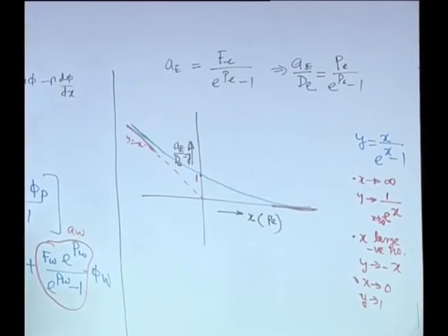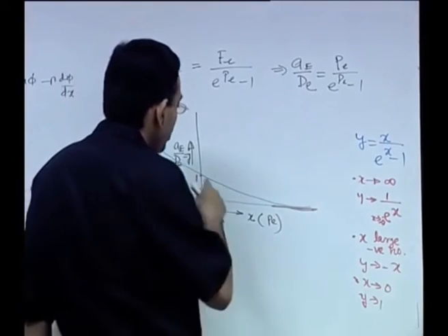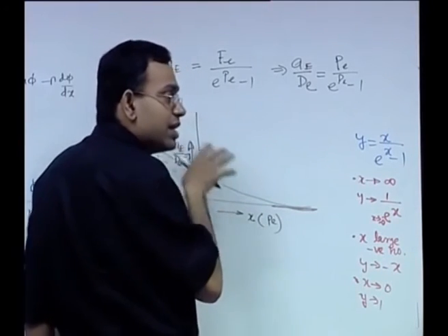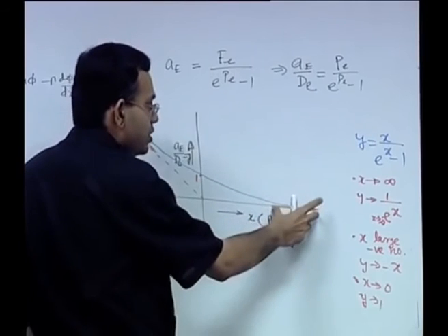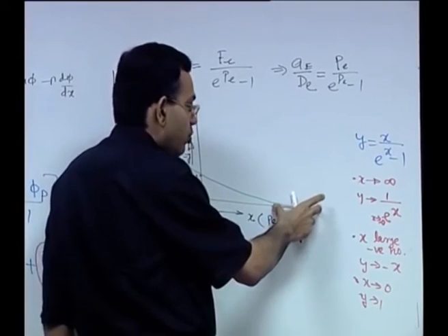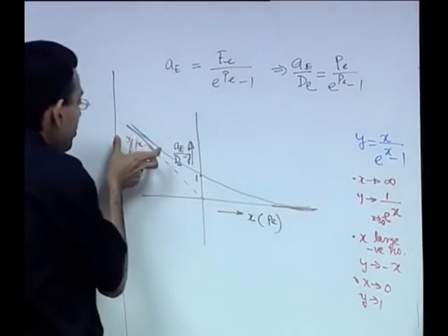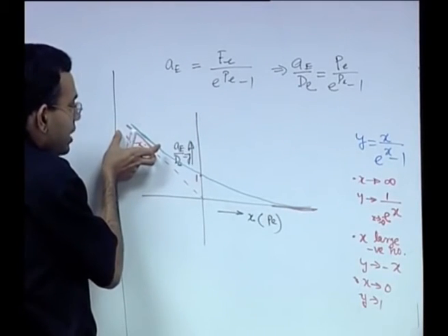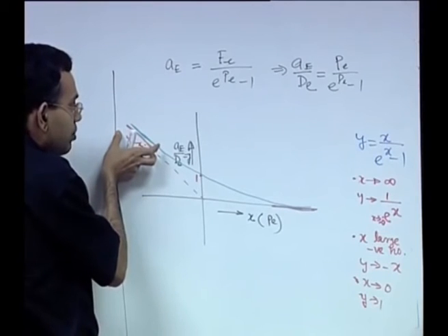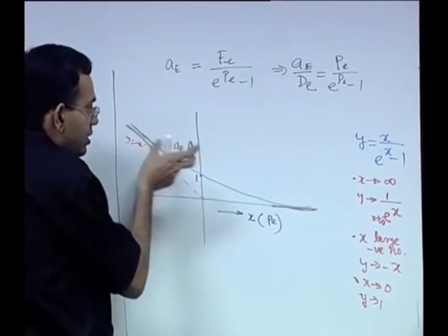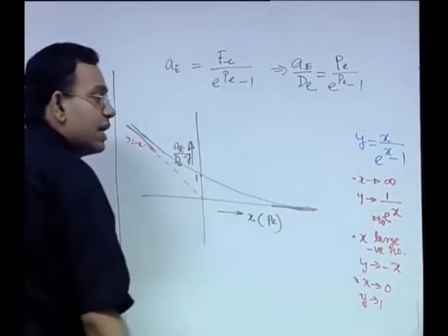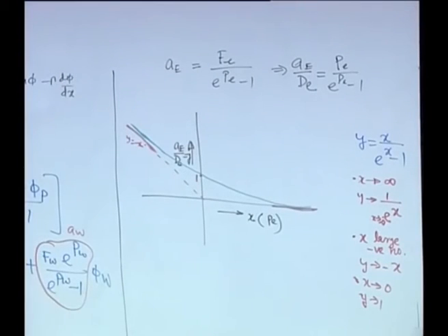Now, if we want to represent this green line by piecewise straight lines, one piece of the straight line is this one when x tends to infinity, another piece may be y equal to minus x when x tends to minus infinity, but in between we have to consider another straight line, and that straight line can be considered as a linearization of this function at x equal to 0.